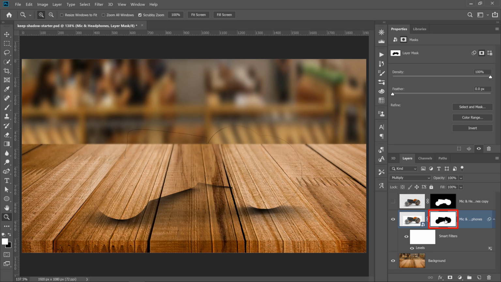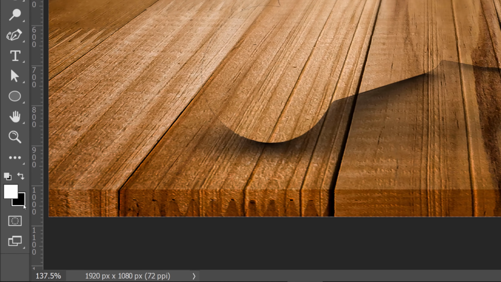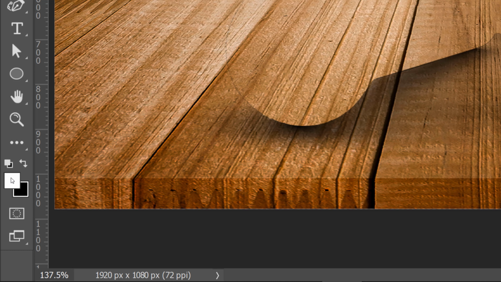So what I'll do is I'll click on the layer mask icon, and with a brush, I'm going to paint with black. Notice how black is currently my background color. I can bring that to the top simply by clicking on this icon or pressing the X key on the keyboard. The X key swaps foreground and background colors. So with black as my foreground color, I'm just going to paint on the top part to remove that outline because I know I'm not going to need it. I'm only going to need the shadows. So I'm basically painting away everything that's not part of the shadow.